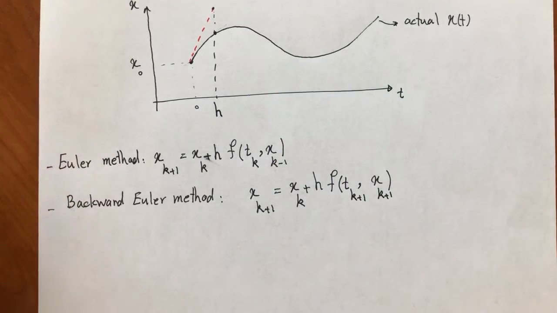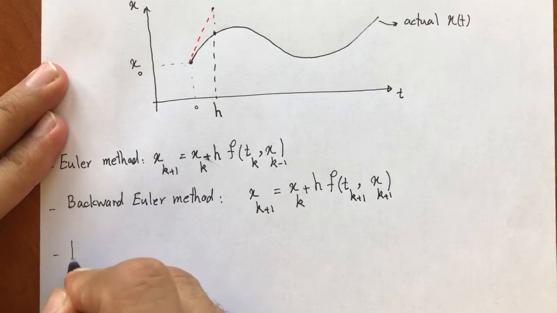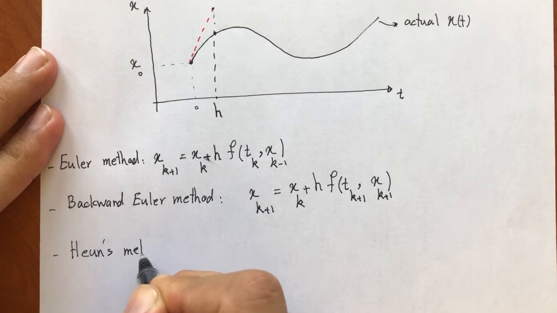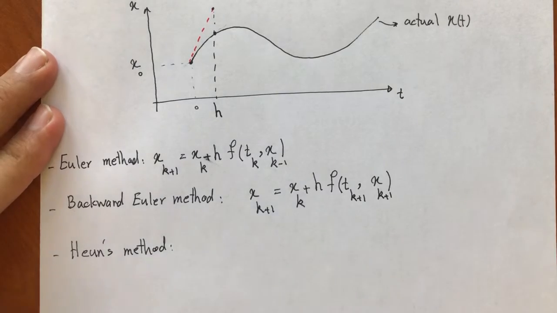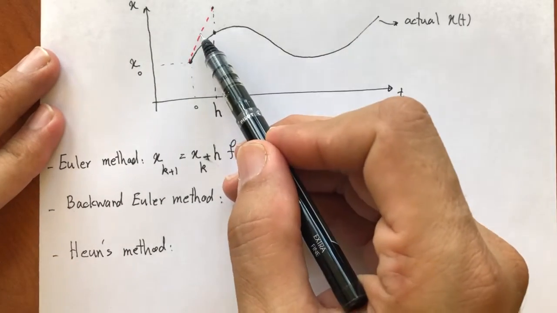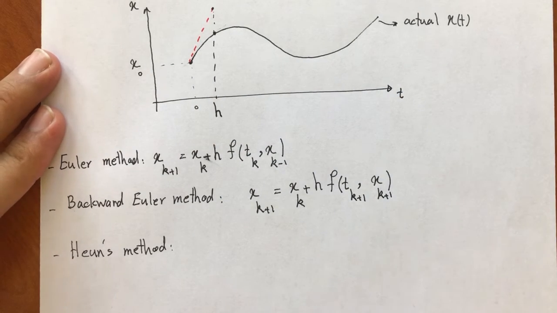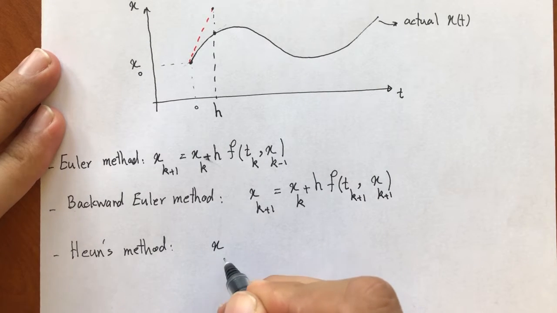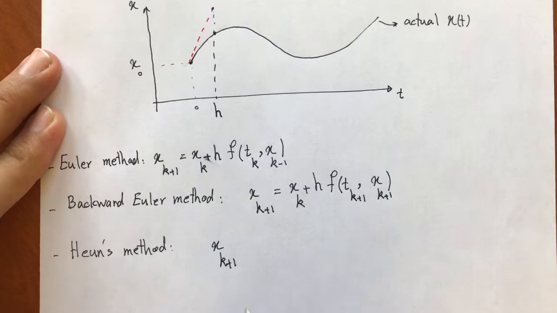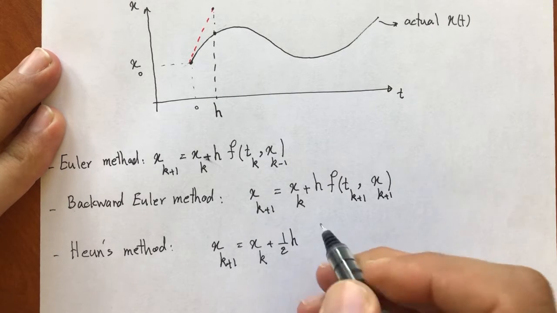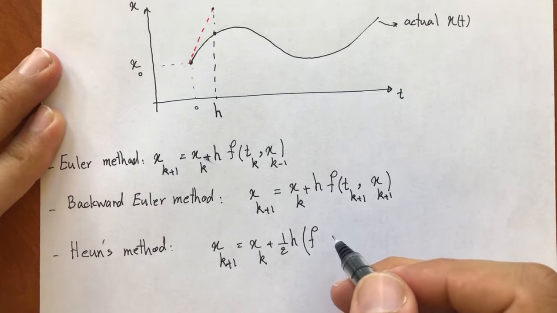Another method is the improved Euler method, or Heun's method. In this method, instead of using the slope of the line here or the slope of the line in the next iteration, we use a combination of them. And how it works, it says x in the next iteration is going to be x in the current iteration plus 1/2 of h times